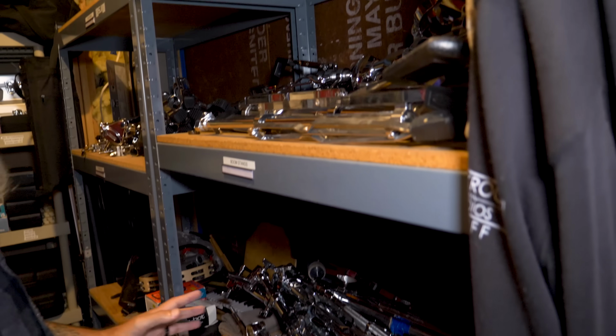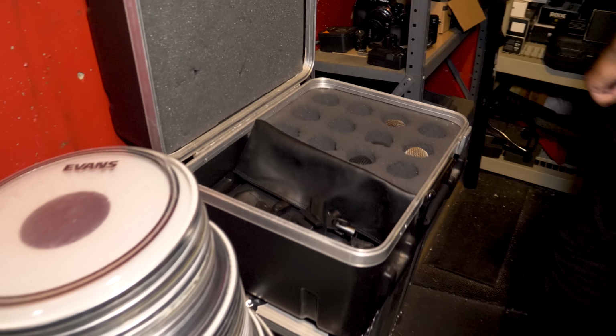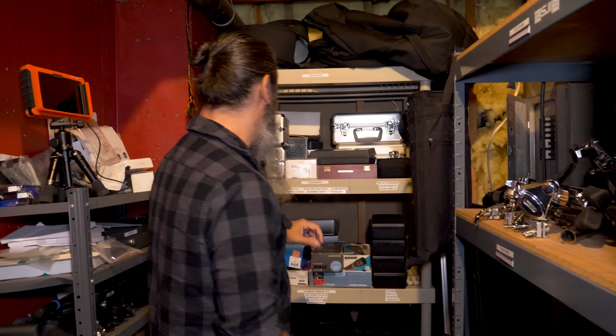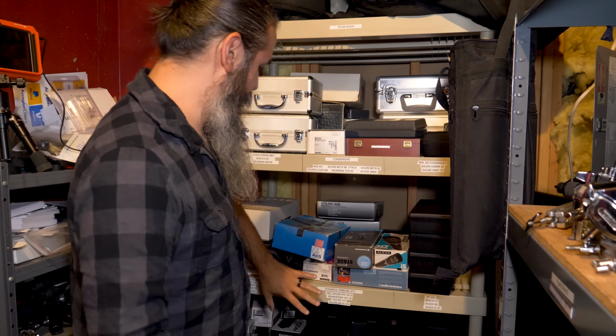Being a rehearsal studio, this stuff gets punished, and I have to sort through some of this stuff all the time. Some dynamic mics over here. You hear that? That's part of my life, that sound. Being under a gym. We got our mic area over here, condensers up top, dynamic here, and